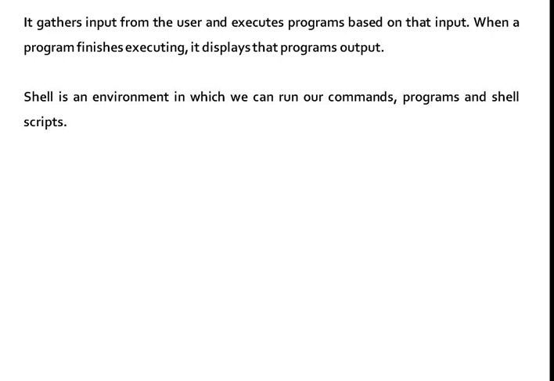Shell is an environment in which we can run our commands, programs and shell scripts. So just like the DOS, if you have used the disk operating system, we are using the command prompt to execute the commands. Similarly, shell will allow us to execute commands and programs and also some shell scripts. What shell scripts are, we shall see later on.